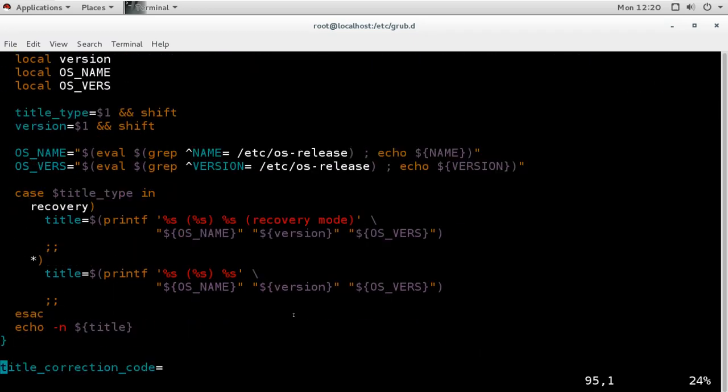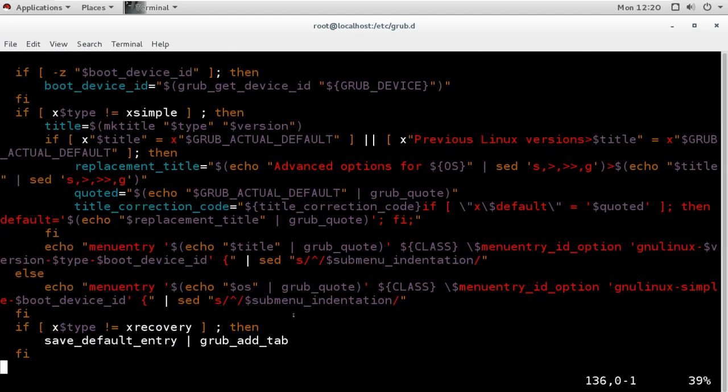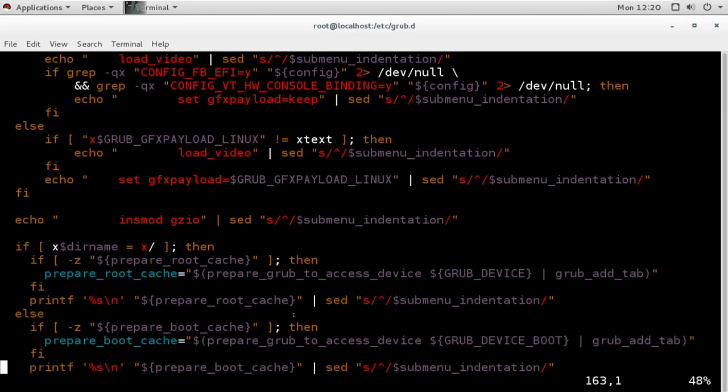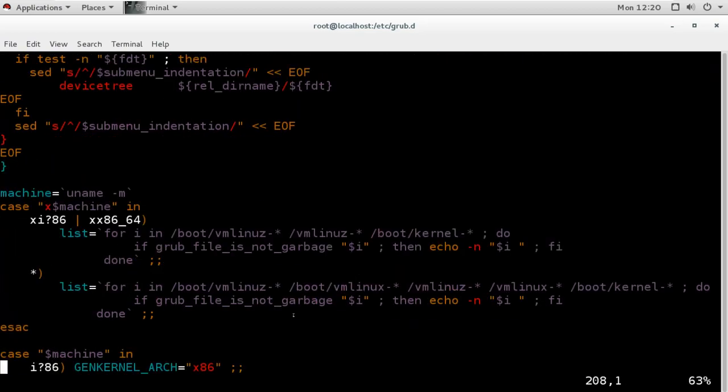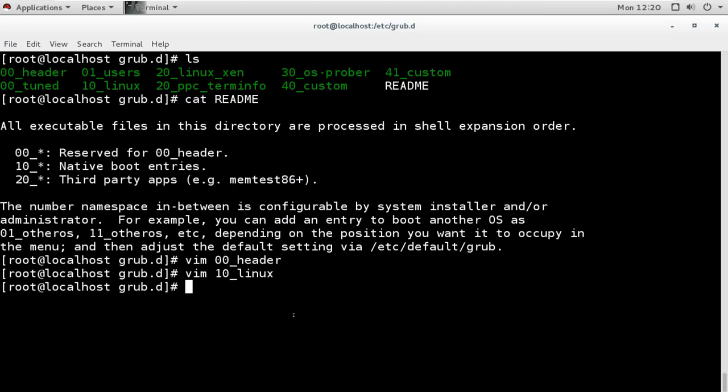As you see here, again it is a script for the menu entry, and it is a big script. So it is not possible for everyone to edit this script directly, but it is a good idea to edit this script or create your own script. So this is how we can edit these templates.